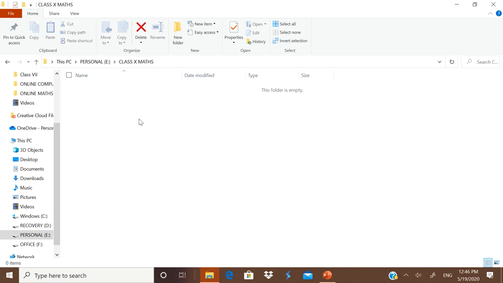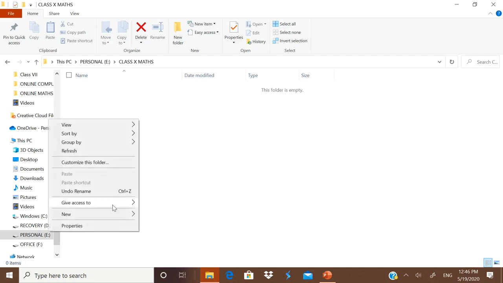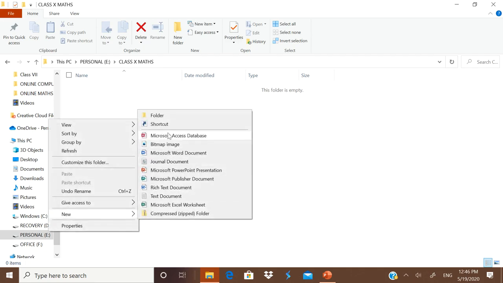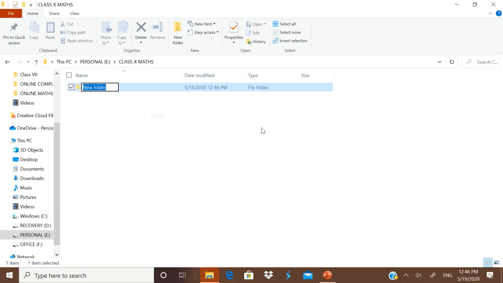Remember, we are going to share some of the folders with the students online in this course. Therefore, please have subfolders in which you can determine which folders can be shared with the children or which folder cannot be shared with the children. For example, I will open one more folder here. These are all called subfolders.